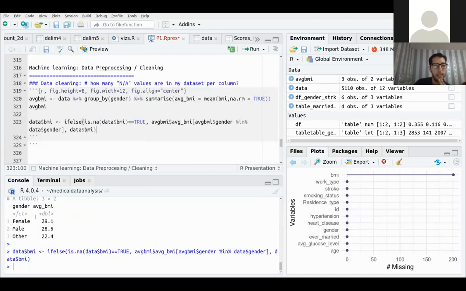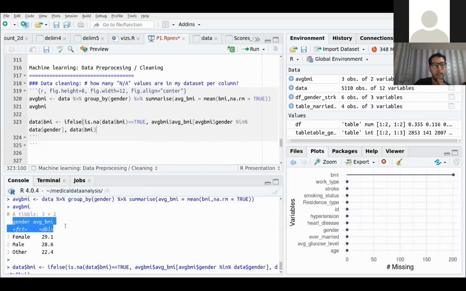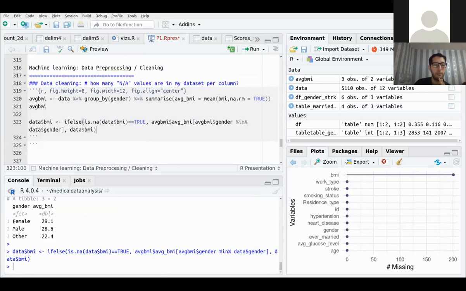So as you can see here, this is the calculated BMI, and it will tell me this information. The average BMI for females is 29.1. The average BMI for males is 28.6, and for others it is not important because we have just one, so this is justified. So once this is calculated,